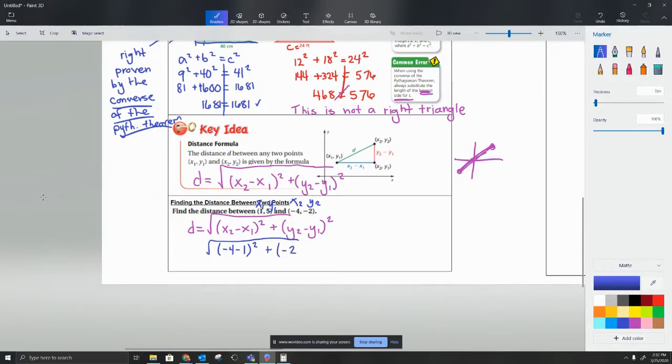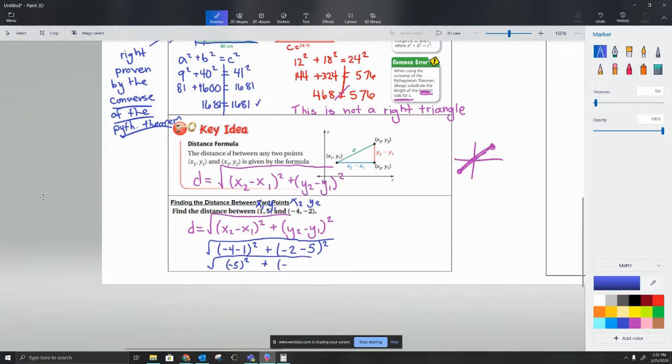The minus comes from the formula, and then y1, which is 5. And then we square that. As we work through this, we're going to do everything in the parentheses first. So this is going to be -5 squared, plus, and don't forget about your square root,